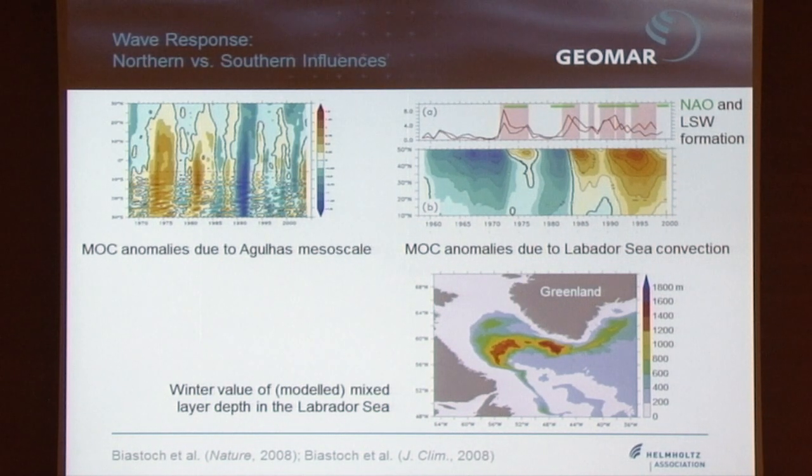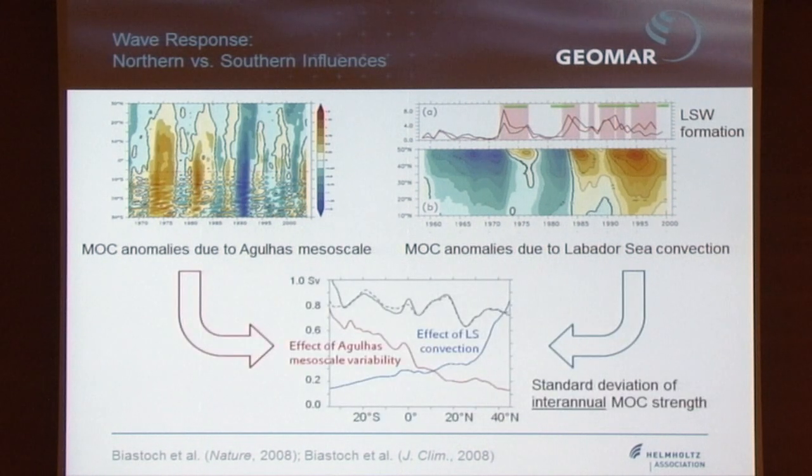And we could also highlight and isolate that by a series of experiments, and this is shown here. This is now from north to south, where we also see MOC anomalies on decadal timescales emerging from the Labrador Sea, quickly propagating to the south. And of course, we asked ourselves, what is now the relative importance of the southern effect versus the northern effect? So what we did was we compared the standard deviation, a measure of the variability, from the southern effect, which of course enters from the south,